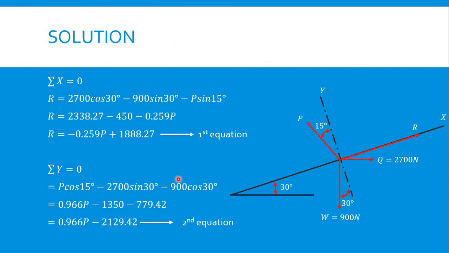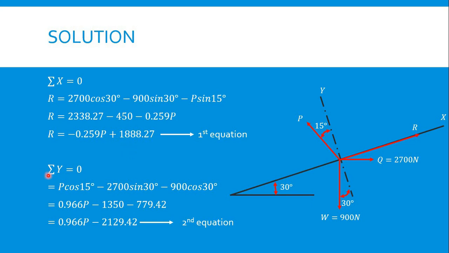Next, we need to get the summation of forces along the X and Y axes. So first, in the X axis, R is equal to 2700 cosine 30 degrees minus 900 sine 30 degrees minus P sine 15 degrees. R is equal to 2338.27 minus 450 minus 0.259P. And we can get the total for the first equation, the summation of X. So R is equal to negative 0.259P plus